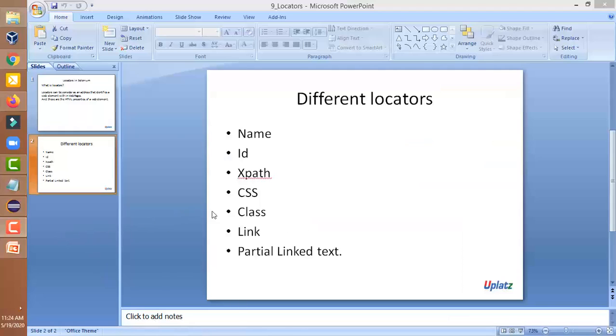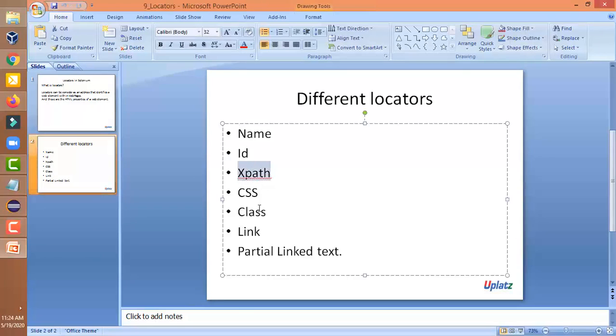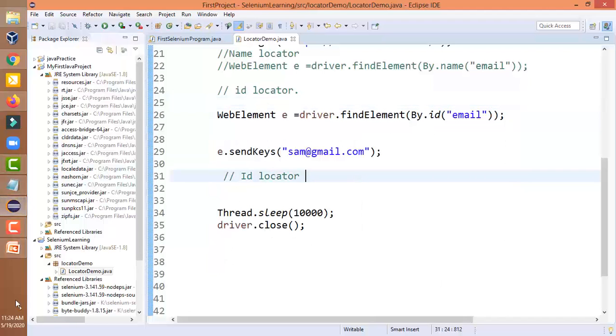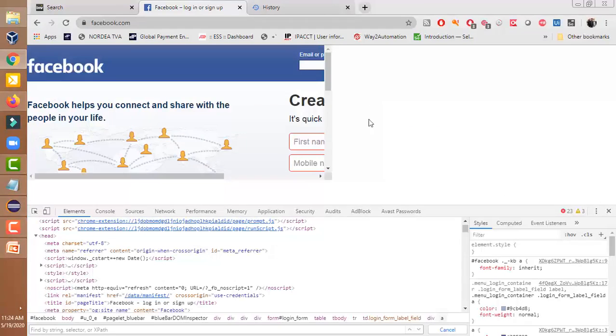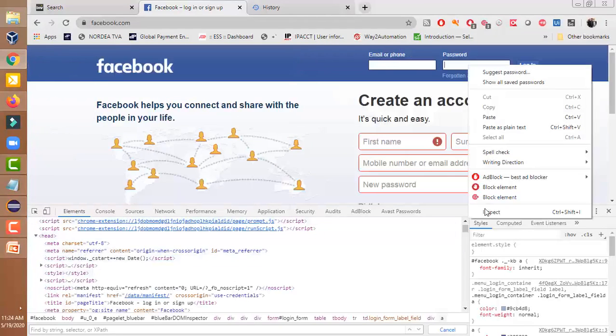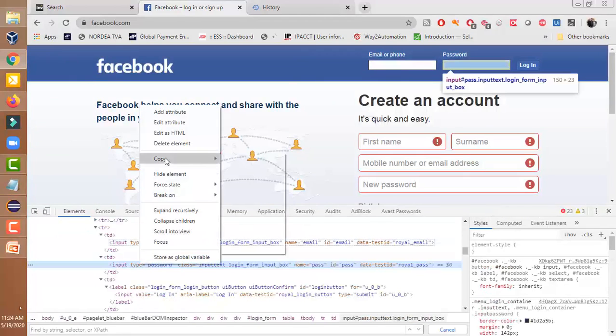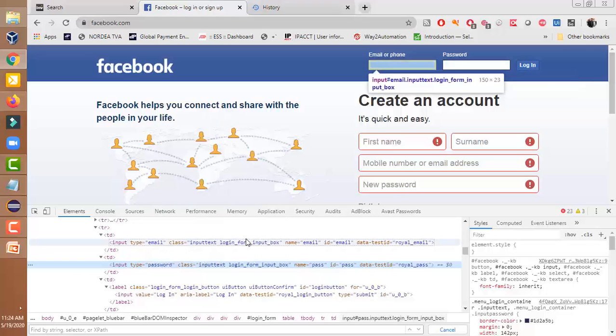Hello, now let us discuss another locator, that is your XPath. I already explained how we can use the XPath. Let me open the Facebook page. If you want to find out the XPath of this password field, click on inspect element, right click on this, go to copy and copy XPath.